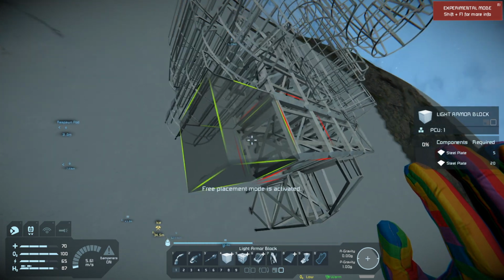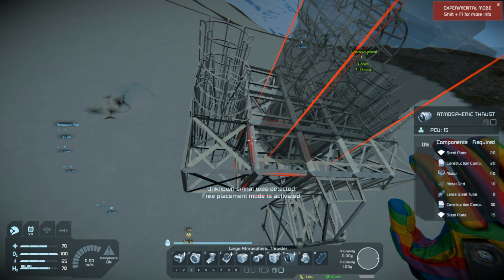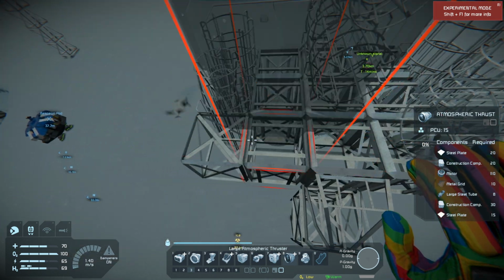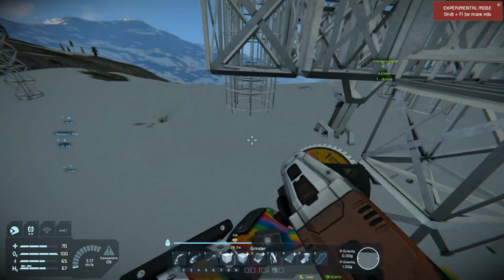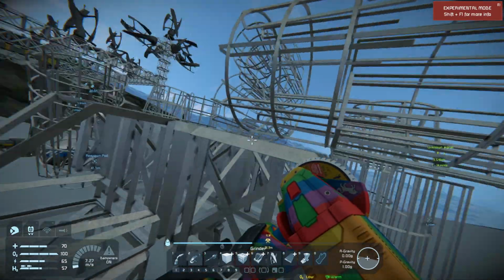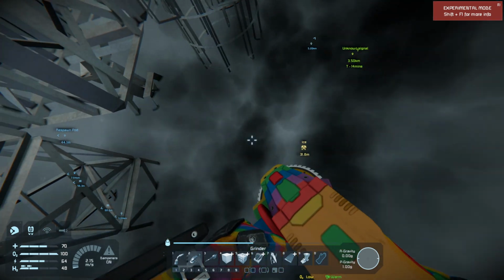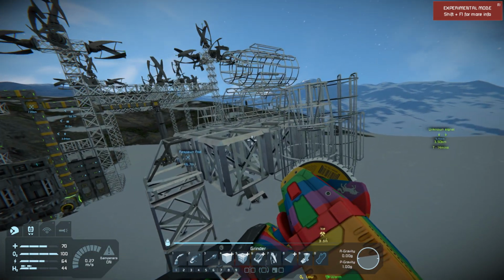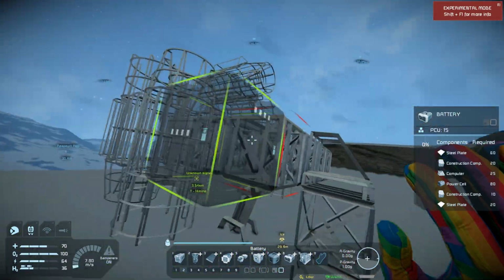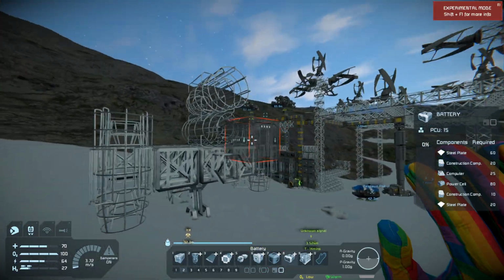How about if we do this? Put the thrusters on, and then remove these blocks again. That should still hold up, right? Nope. Apparently not. Oh well. So do we just put another battery on either side up here? I guess. This is so much more than I thought when I